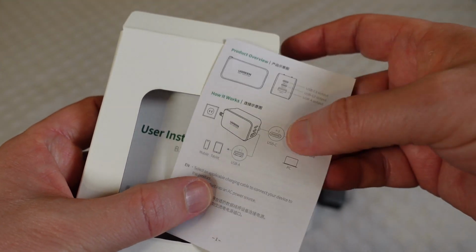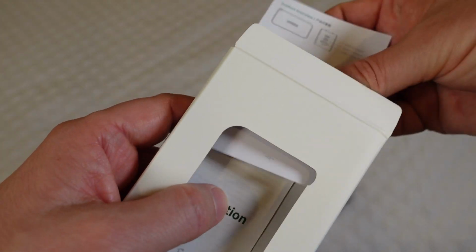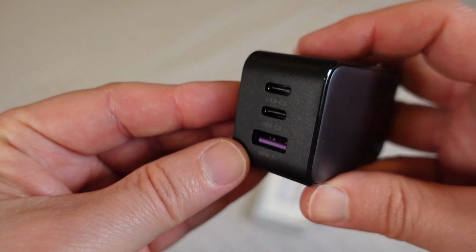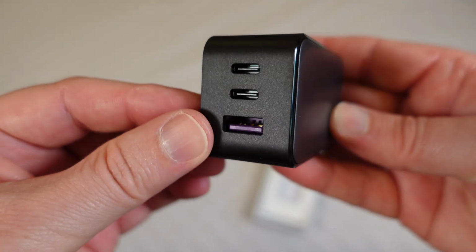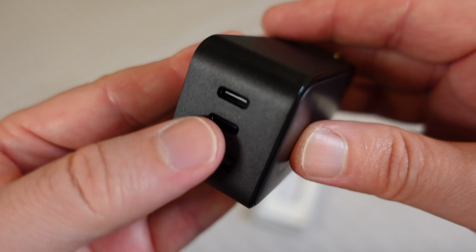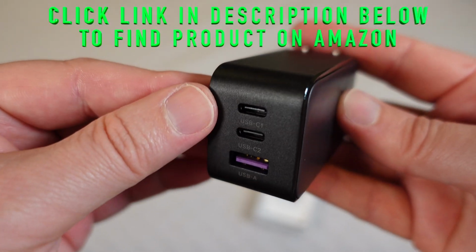But obviously you're going to use those USB-C ports to charge things that need higher power. And then the standard USB-A port right there to plug anything that could take lower power. But you got 3 ports there. You got a total of 65 watts. So if you're using just one of these, that's great for charging a Macbook Pro or a laptop,